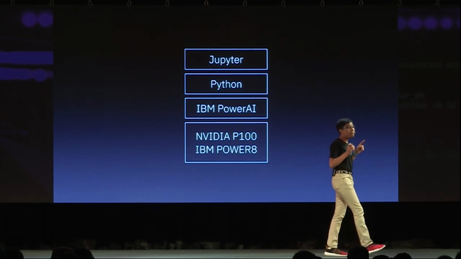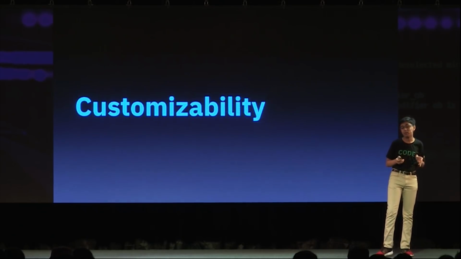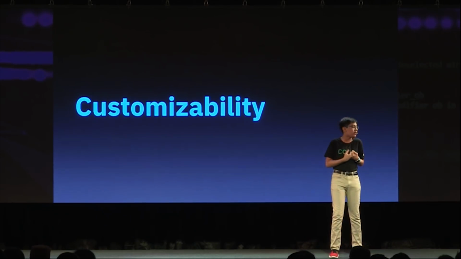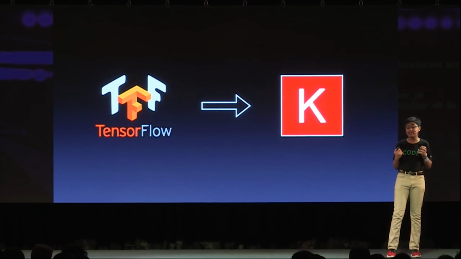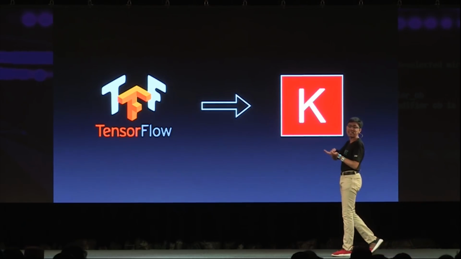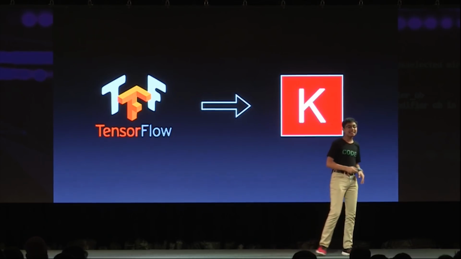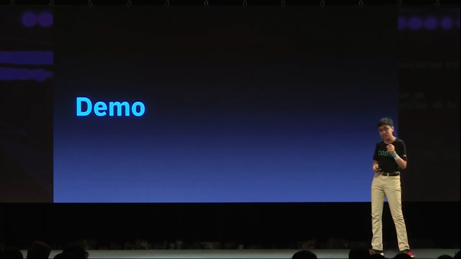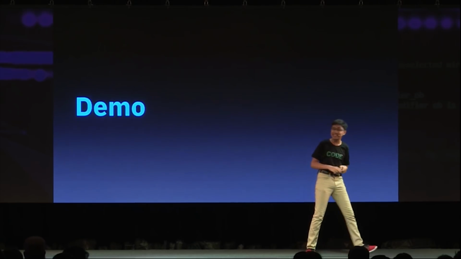But then again, though, the best part of the code pattern itself is the fact that it's extremely customizable. I can take the code that they've given me that's powered by TensorFlow, and since I'm much more comfortable using Keras, I can almost immediately port that code over to the Keras deep learning library based off of the code that they had actually prepared for me in the code pattern itself. And so now, without any further ado, let's get into a demo of the system in action and how you can actually build a transfer learning-based deep learning system using IBM code patterns. Let's take a look.